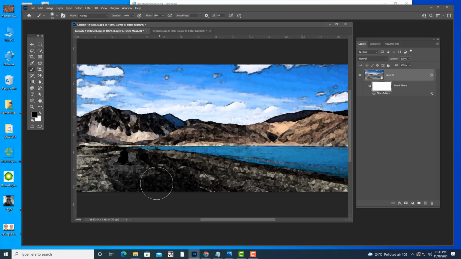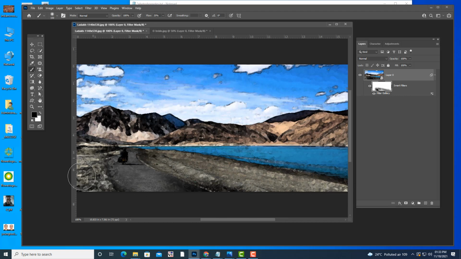So let me paint on the road. See here. So like this I can just paint like this, so that it is a little bit clear.